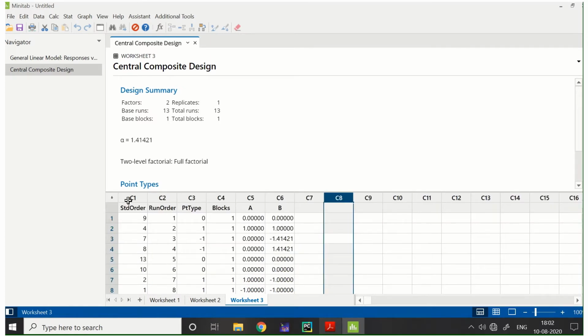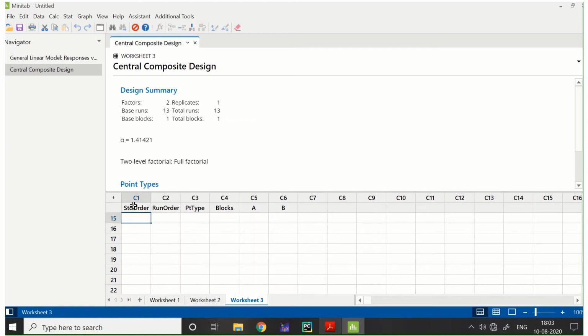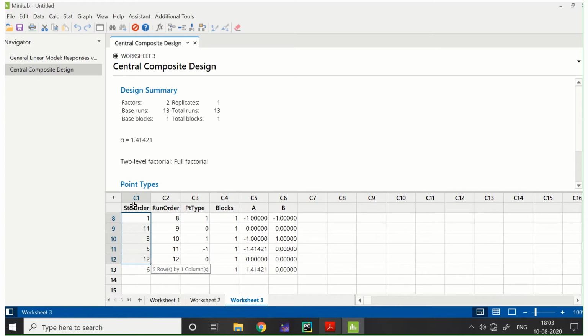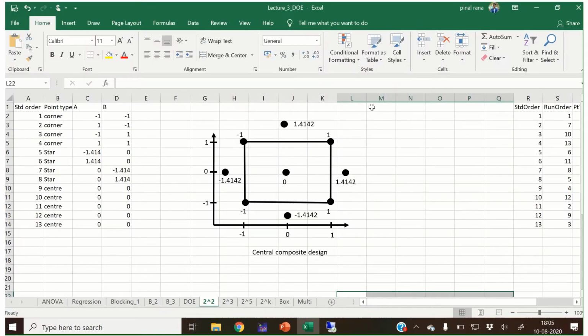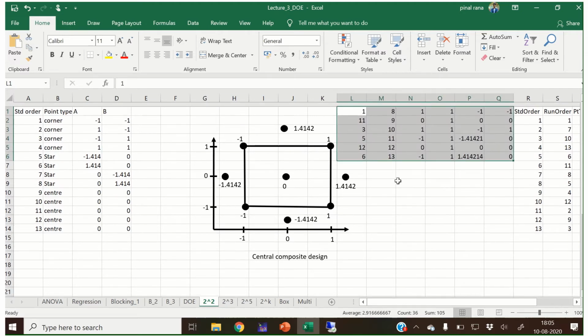Okay, so this is what I obtained from Minitab. Now we compare this data with our obtained value.